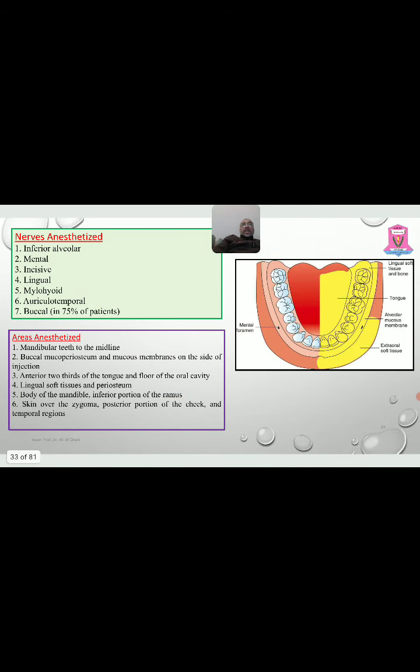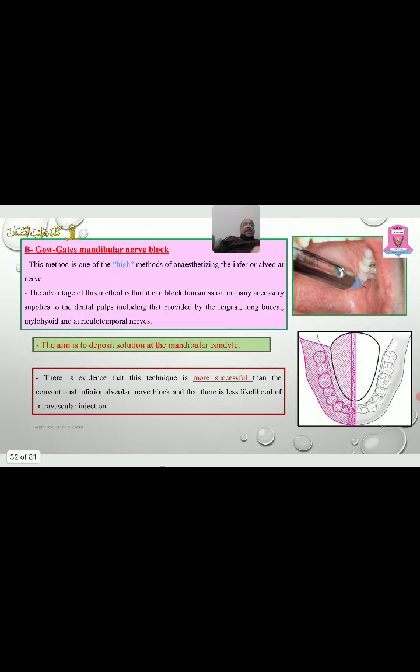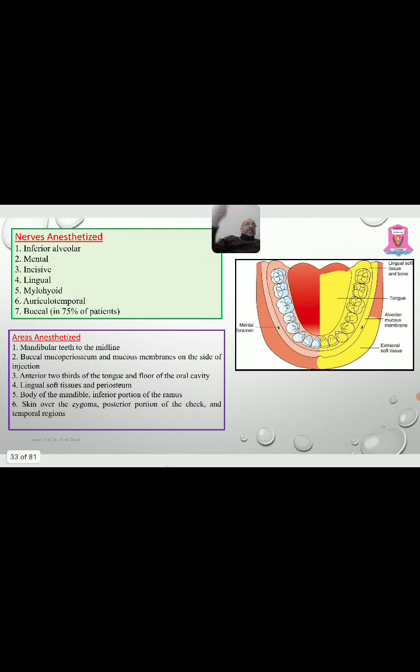ولهذا يعتبروها high level of anesthesia or high methods of anesthetizing the mandibular nerve or anesthetizing the inferior alveolar nerve. The nerves to be anesthetized هو الانفيريور alveolar nerve, mental, incisive, lingual, mylohyoid, auriculotemporal والbuccal in 75% of patients. The area of anesthesia, mandibular teeth to the midline, buccal, mucoperiosteum, mucous membrane on the side